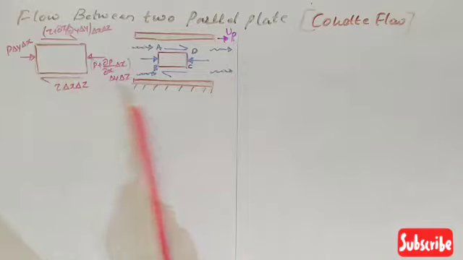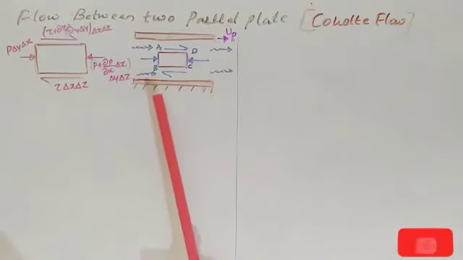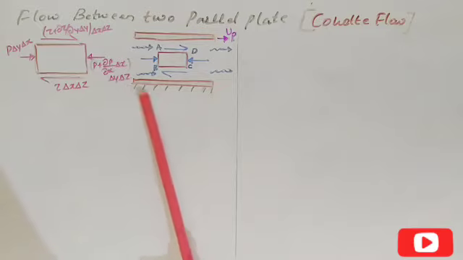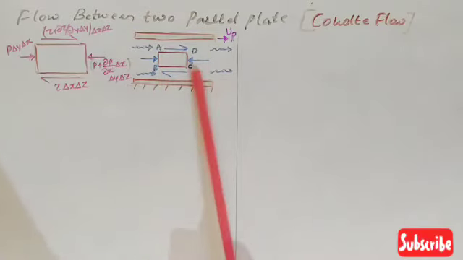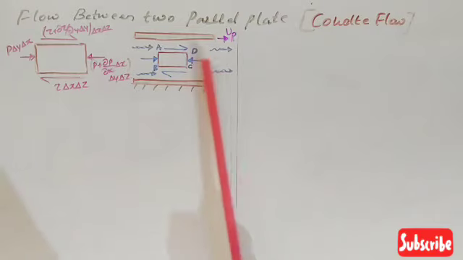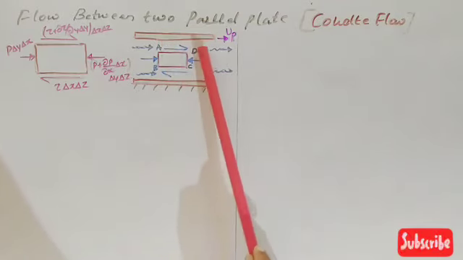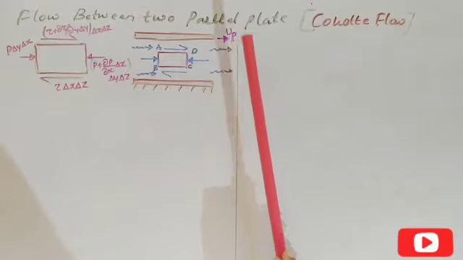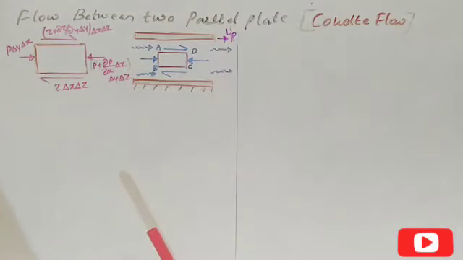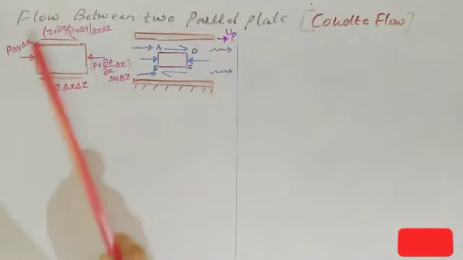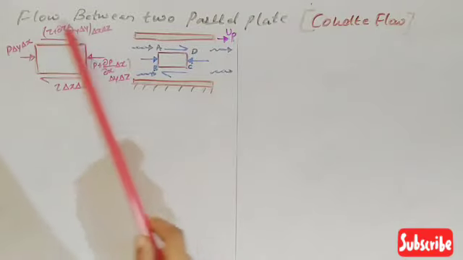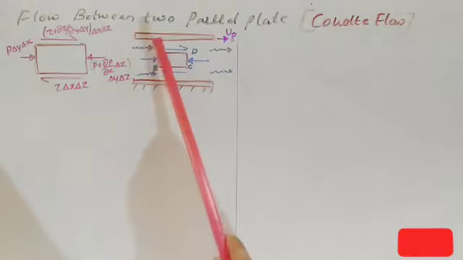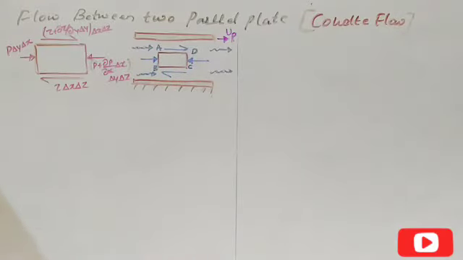This is a simple schematic figure or a reference figure for this derivation. So as you are seeing, one plate is fixed whereas another plate is moving in the same direction of the fluid flow. And this upper plate is moving with a velocity Up, that is upper plate velocity. And similarly, this is a fluid element. For your reference, I have drawn one more, a little bit larger figure. I have drawn it, that is the A, B, C, D fluid element.